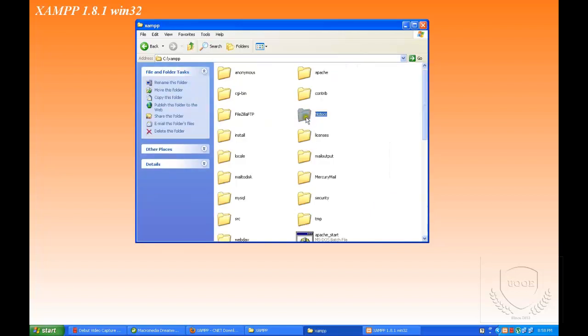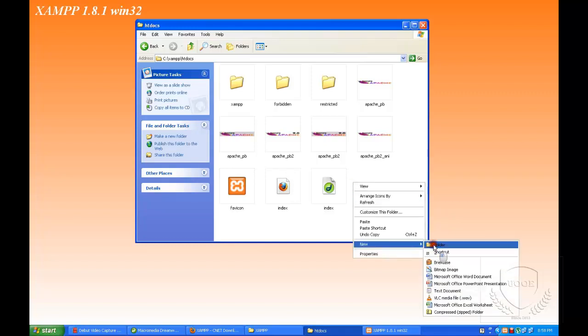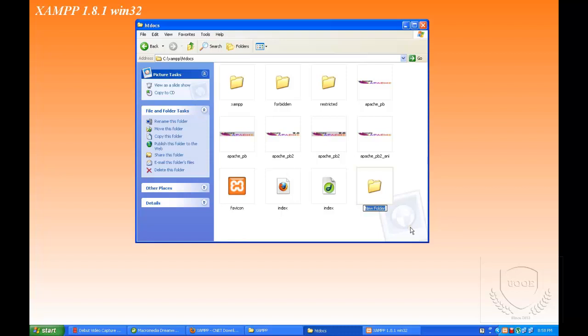So we consider ourselves in XAMPP. htdocs is the server where we place PHP files to compile, and here itself we can create a folder. Depending on the project, suppose my project is a social networking project, I will create one folder here itself, clicking new folder and naming it network site.